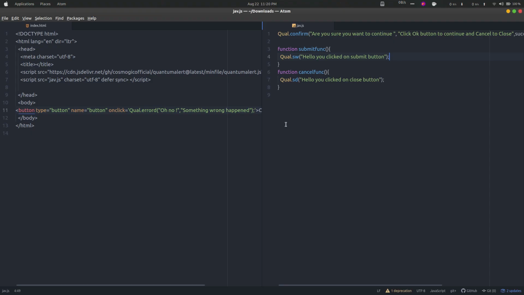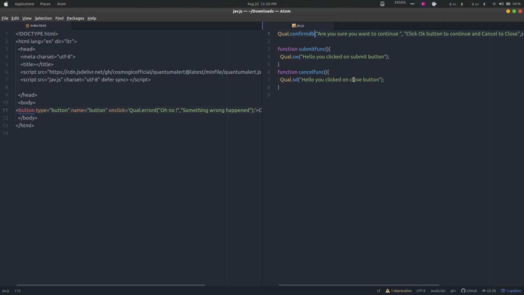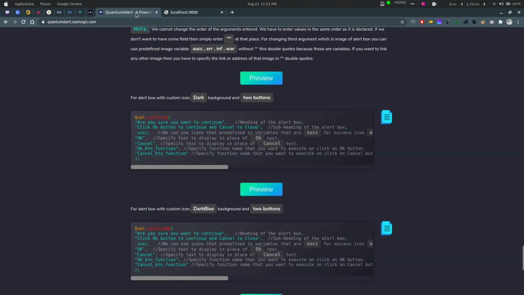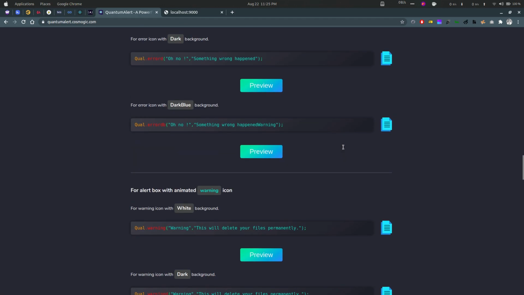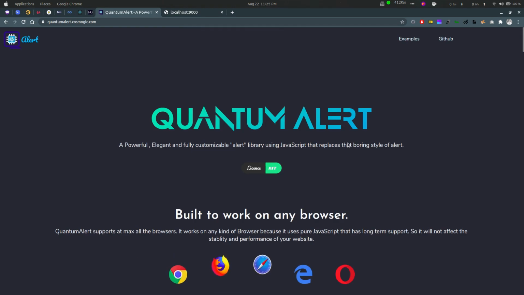Here also we have the three themes: confirm, confirm dark. We can try it one more time. Confirm, confirm dark. Refresh it, you can see dark color, dark blue. Basically it's the play of 1 to 2 words, and your whole color will be changed in 1 to 2 seconds. Now let's work on this last one. If we want to use this with the input field pop-up, we have this function, and this is the type of the input field that we want to use, and this is the placeholder text that we show in the input field. So to check this, we will go to the example.